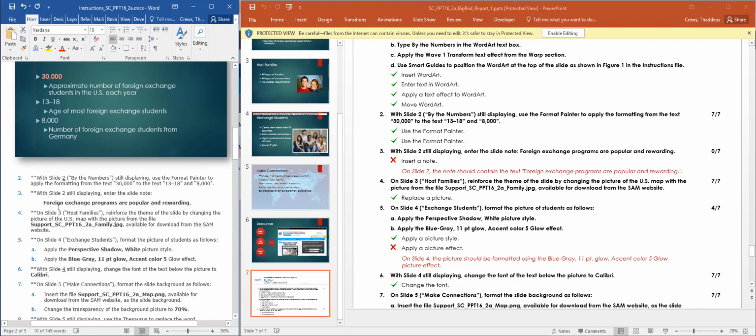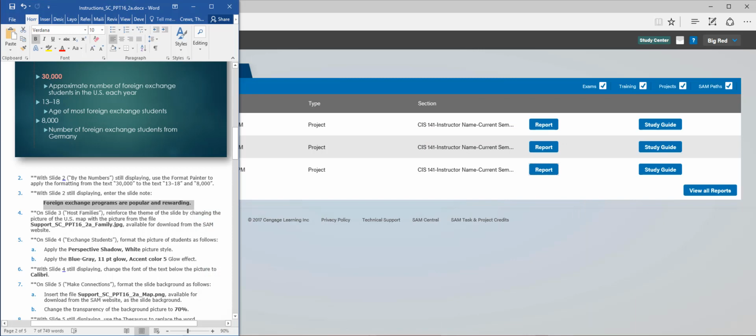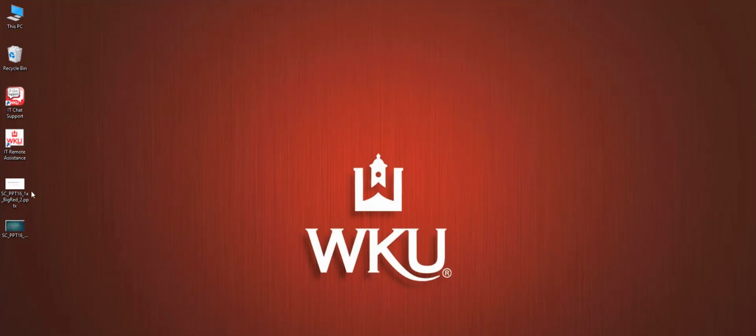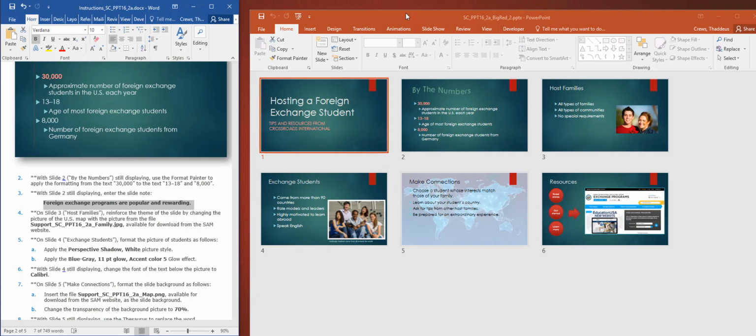So let me make corrections here. So I have to spell that correctly. That's easy enough. That was just a typo. And on slide 4, I was supposed to use the picture effect blue-gray 11-point glow accent color 5. Okay. Now I don't want to submit this file, so I'm not submitting this file. I want to go back to my file on my desktop, because this is the file that I want to edit. I want to edit the file on my desktop. So let me go back to the file on my desktop